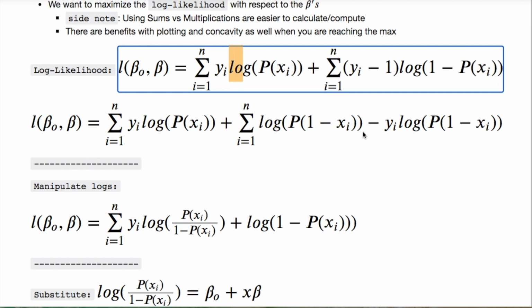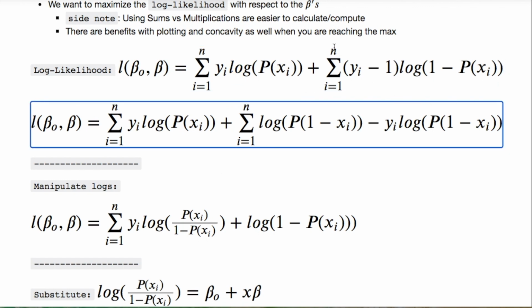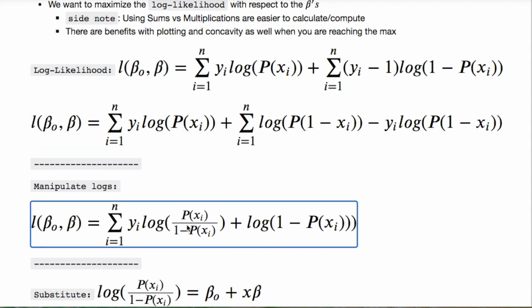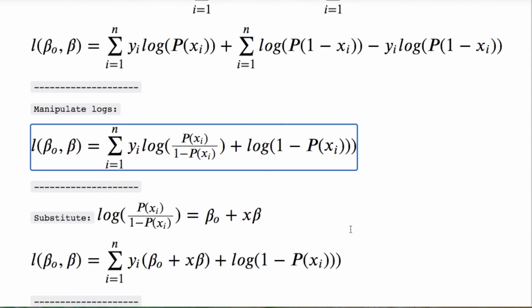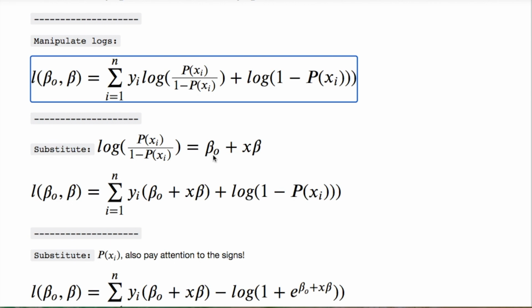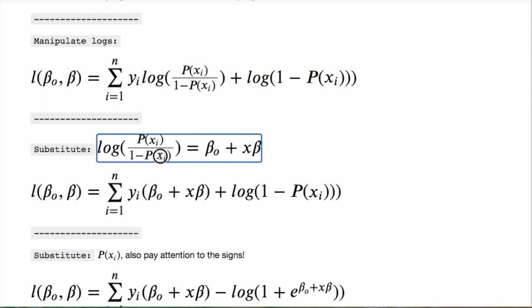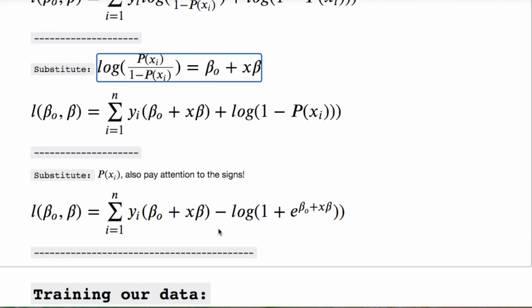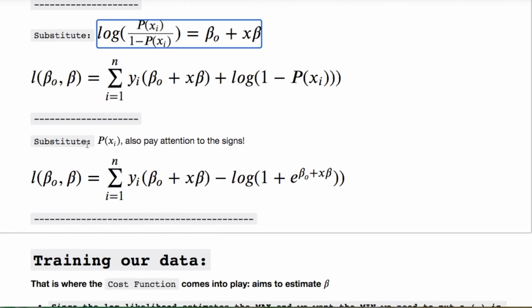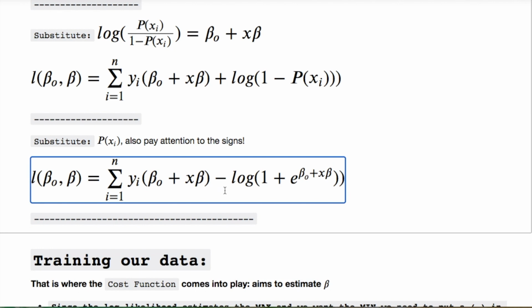From there, we have to split this up on this portion here. Then we're going to do some manipulating so we can get it back in the form of our log odds, which you'll notice here. And then we still have our 1 minus probability, just like a log of it not happening. Now, we're going to do some substitution for our betas here for every spotlight you're going to see with the probability of X, okay? Then you have to pay attention to the sign down here. You got to pay attention to the sign that comes out here.